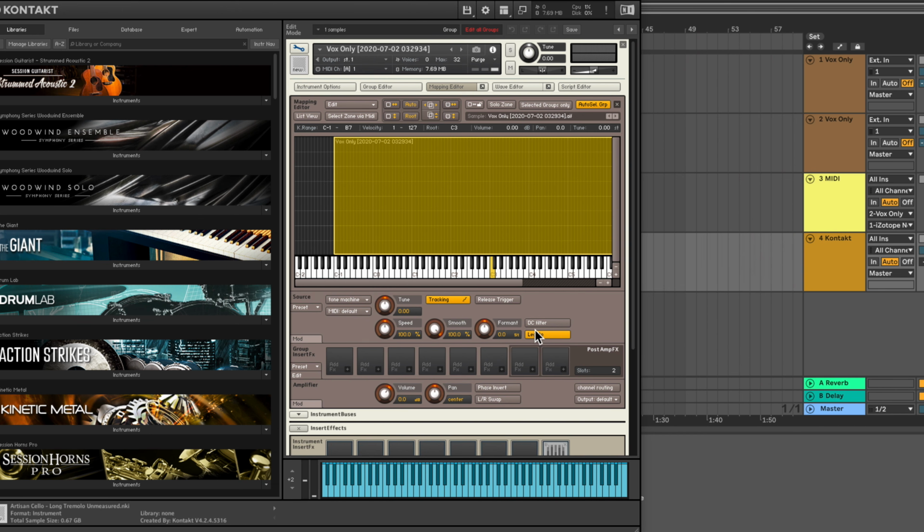Alright, so once you do that, what will happen is that as you play notes on this particular instrument, if I play a note here,